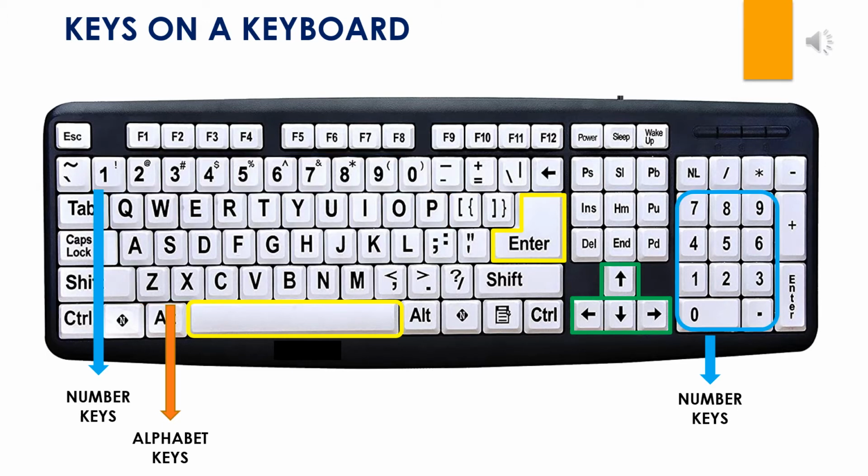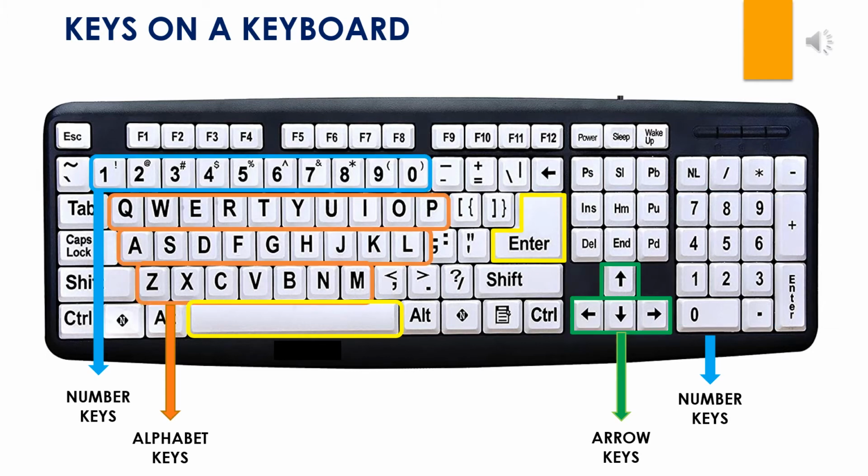So how do we move up and down a document? You have typed something, you want to move the cursor up and down the typed document. So yes, we use the arrow keys. So you have 4 arrow keys. You have the up arrow, you have the down arrow, you have the right arrow, and you have the left arrow. So these are the 4 arrow keys.